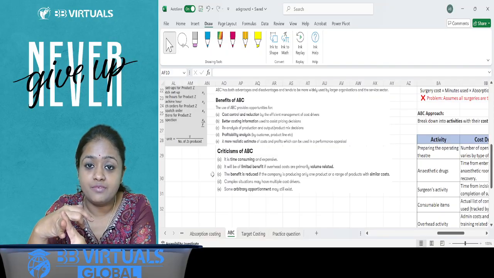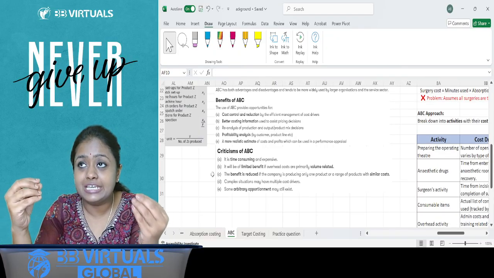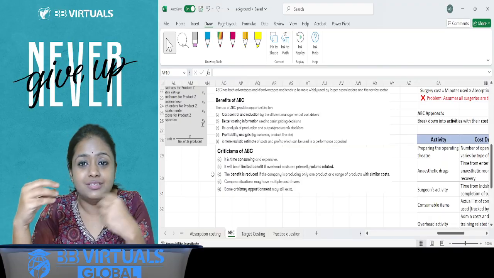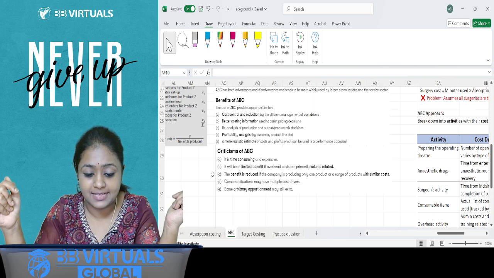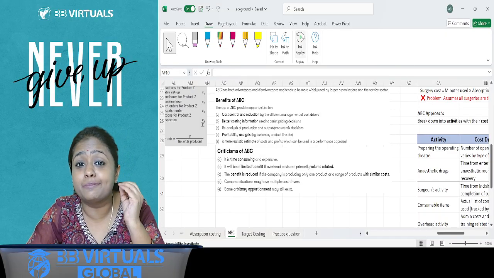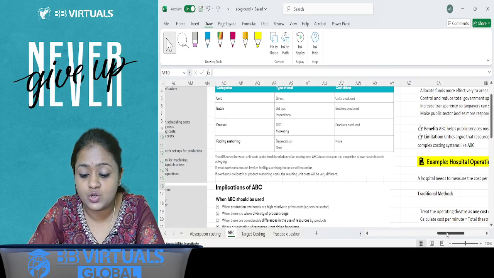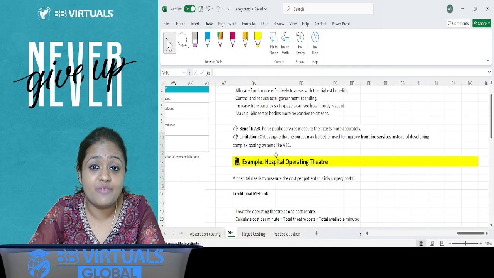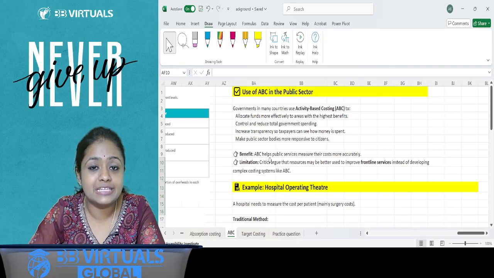It is expensive. It will have limited benefits, especially in cases where overheads are driven by hours or by units. Then you could apply the normal absorption rate also. Why go into this complex exercise? And the most difficult part is that assigning a cost driver is a subjective concept. Wrong assignment of a cost driver can lead to different values for ABC. So this is very, very crucial for any company. Right? I hope I'm clear till this point.